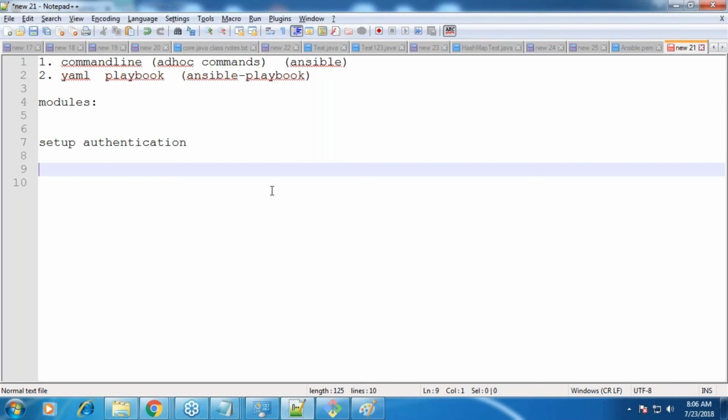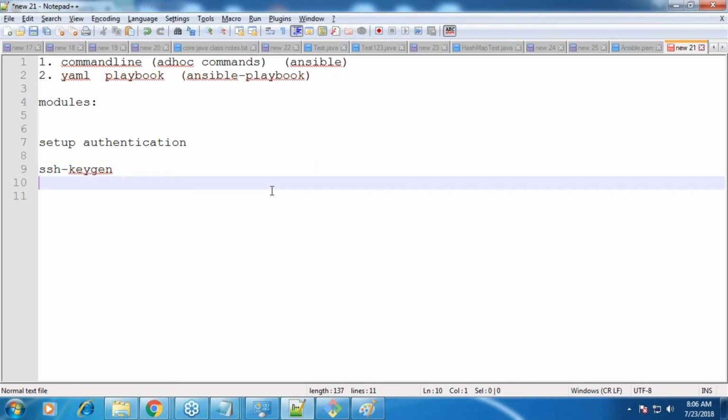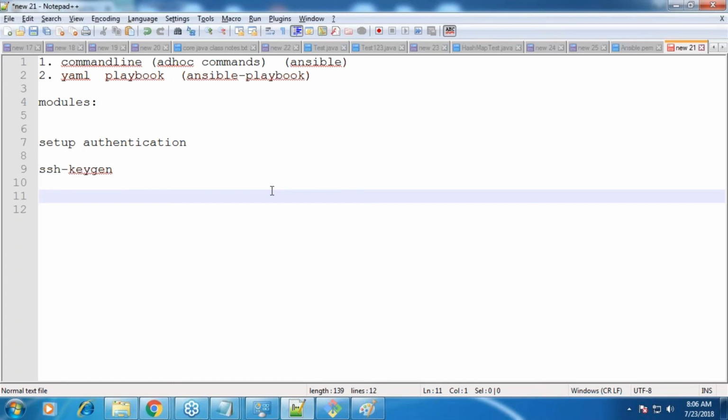I'll be creating a key, and for creating the key, I'll be using a command which is called ssh-keygen. ssh-keygen will create me a key and it will copy it into some directory where I am interested. That's the first thing. And then I have to copy this key onto the other machine.